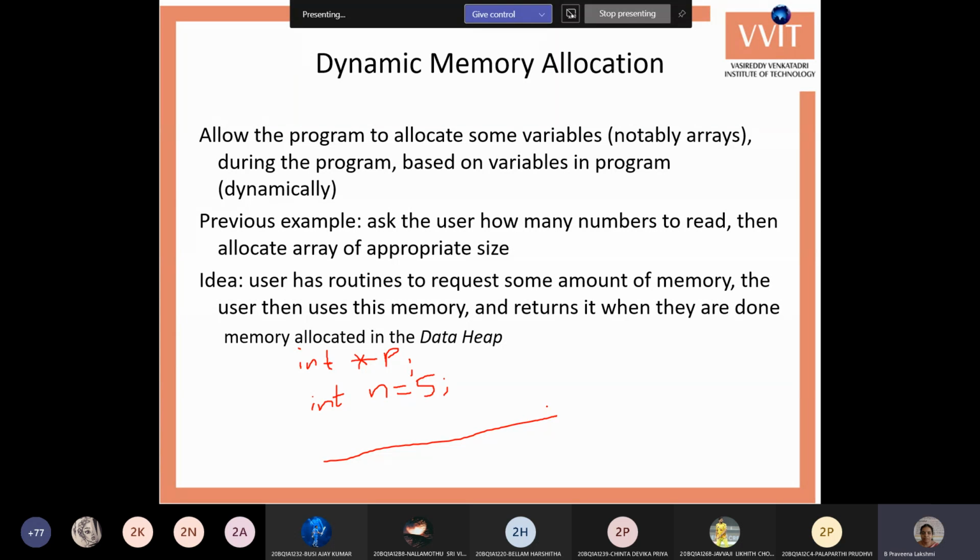Once we take the n value, we can allocate the memory based on the n value given, so that there is no wastage of memory space. There are only advantages, without any problem like insufficient memory, that we can get with the help of dynamic memory allocation.